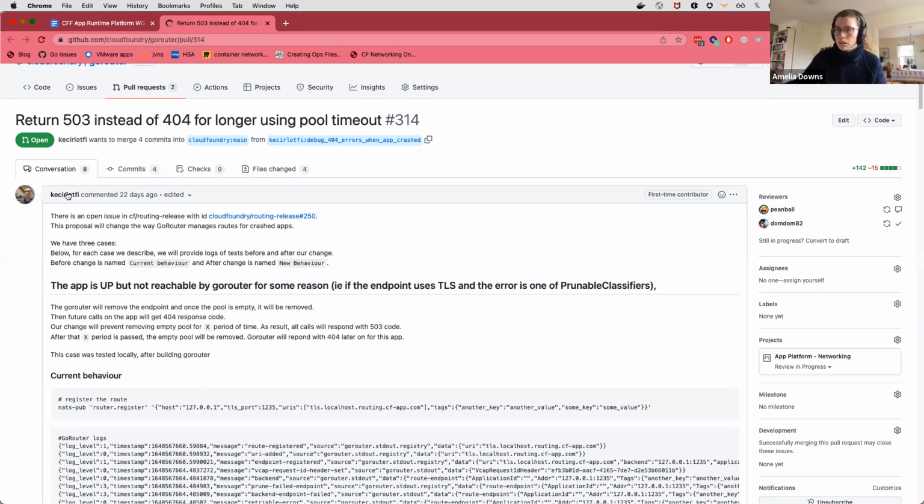And so someone who I don't recognize, Loadfi, has worked on adding some properties that basically set a timer that says, leave it returning that 503 for some time, and only prune an empty pool after this amount of time. And so hopefully this will help decrease that flip-flopping back and forth between the status codes. Just some exciting community work that I wanted to call out.